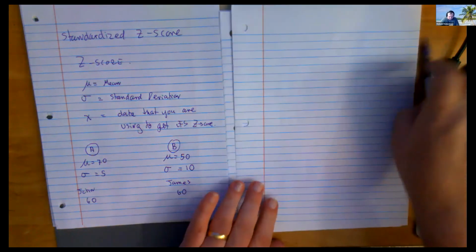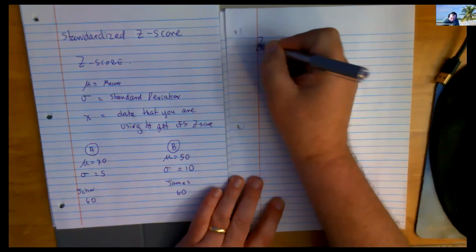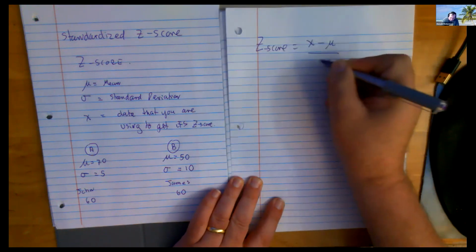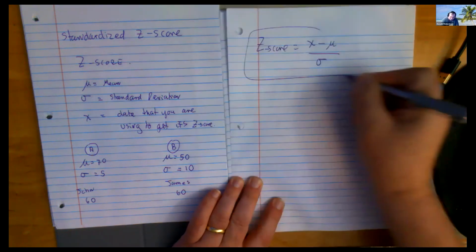And that's what a z-score allows us to do. It allows us to come up with a number. And the bigger the z-score is, the better you did. And the worse the z-score is, right? And worse means negative numbers, because z-scores are equally positive and negative. Most z-scores actually range between -3 and 3. And you'll discover in a few moments why that magic number happens. So let's do the z-score and see what they got. Well, the z-score is given by x take away mu over sigma. So that's the formula for calculating z-scores.